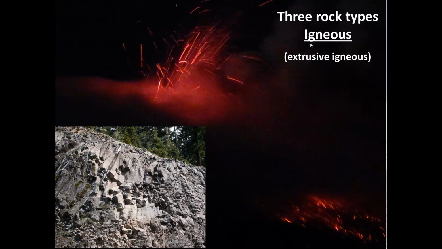So the three rock types, the first is the igneous type, and what I'm showing you here is extrusive igneous. Very briefly, here's a picture of a volcano that I happened to witness firsthand in Ecuador last summer when Tungurahua erupted, and I was there. Very, very dramatic. Love to tell you about it sometime. But this is magma, and it's going to solidify and turn into rock. In Redwood Country, we do not have much extrusive igneous at all, and to my knowledge, I don't know if we have any. It's certainly not common.